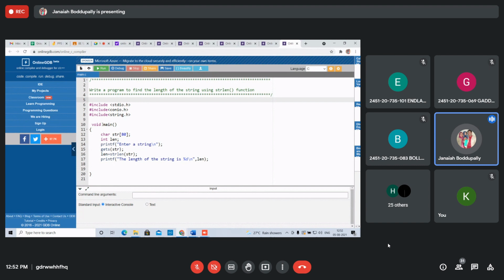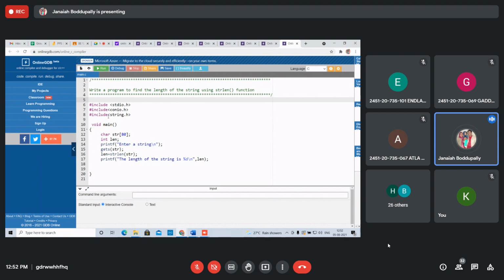Next, see how to calculate the length of the string. One string I am taking, char str, with a maximum size of 80. Integer len is the variable to calculate the length of the string. Printf, enter a string, gets str reads the string value. Then len equals strlen of str, the library function which counts the number of characters in the string.